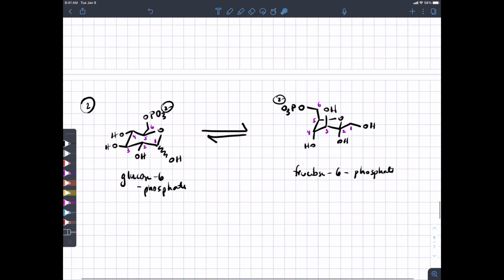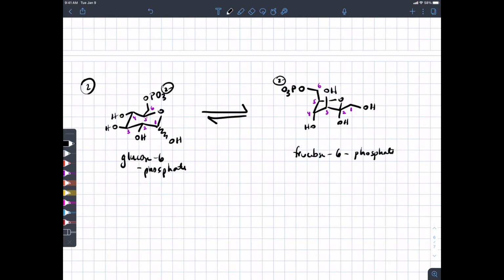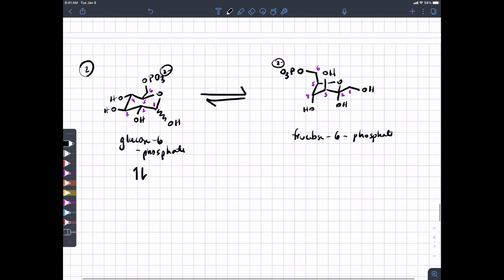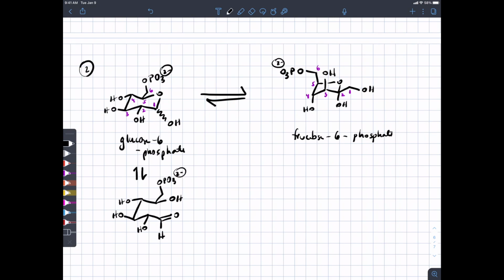It may also be useful to see the open chain forms of these molecules. So we know you can open up the cyclic hemiacetal to get this structure. Okay, and we could similarly open up